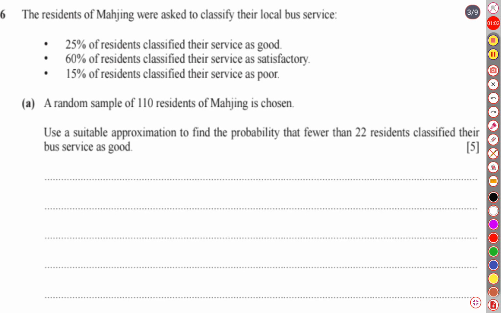So the clue word of this question is approximation. Whenever such a word arises in the question, we understand that the distribution is given as binomial, whereas we will have to convert it into a normal distribution. As it is given as binomial, we know the parameters of the binomial are n